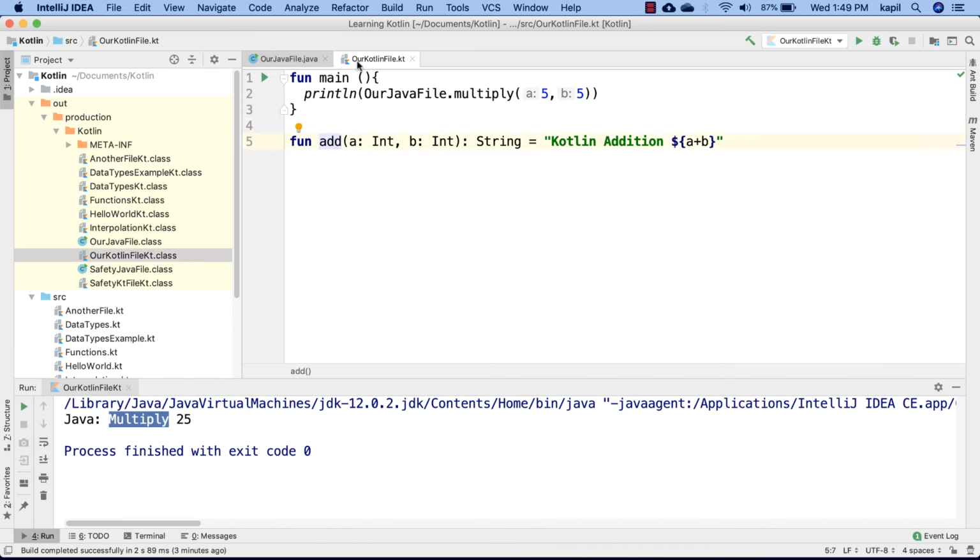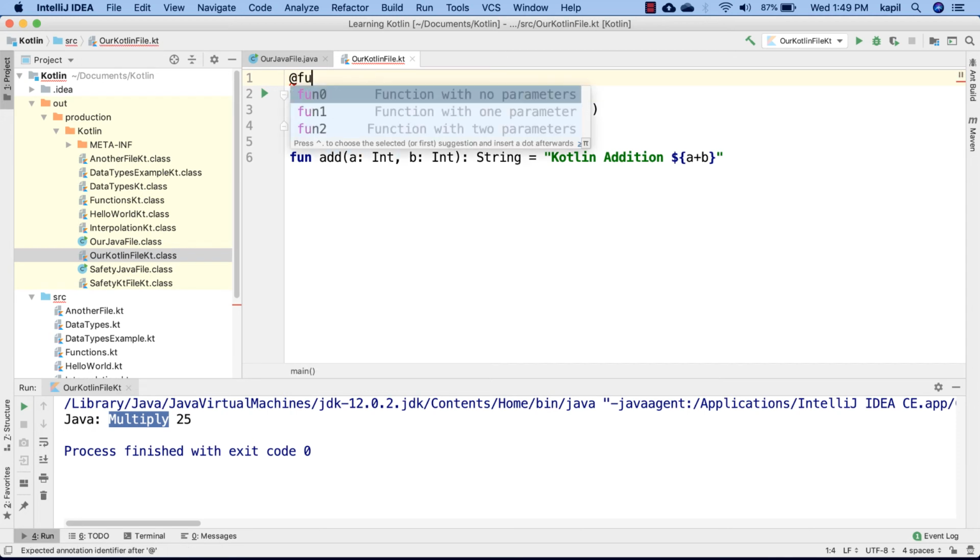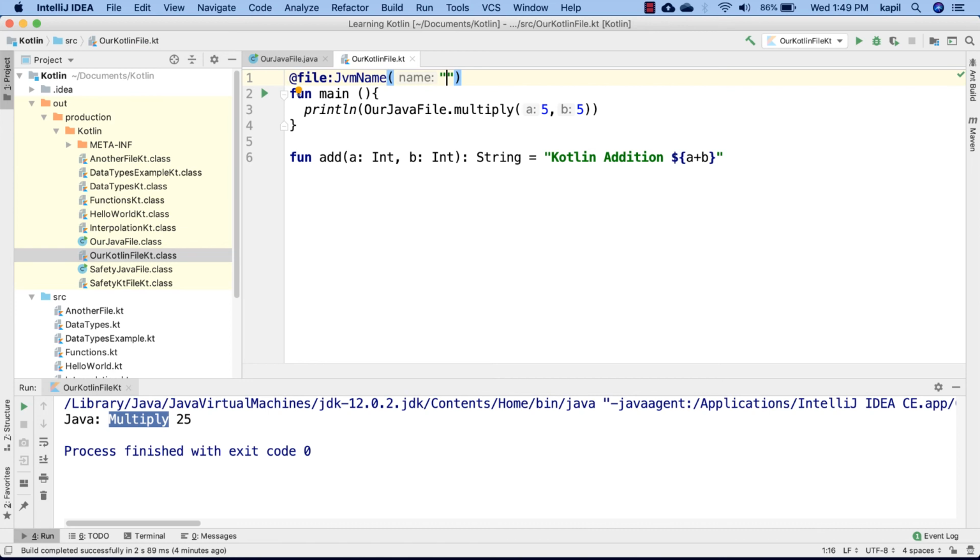Now let's say you want to have a different name for this our Kotlin file kt.class. So for that you need to add the annotation. So at the top of the file you need to say file:jvm name, and then you can write anything you want. So let's say apple. Now if I run this,